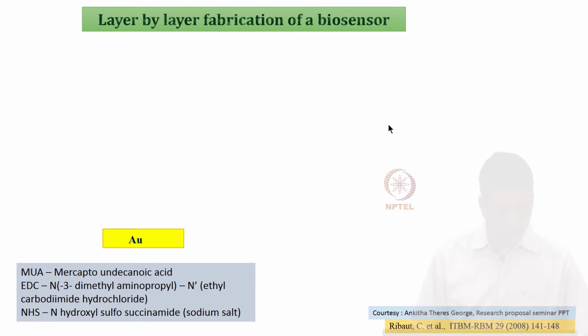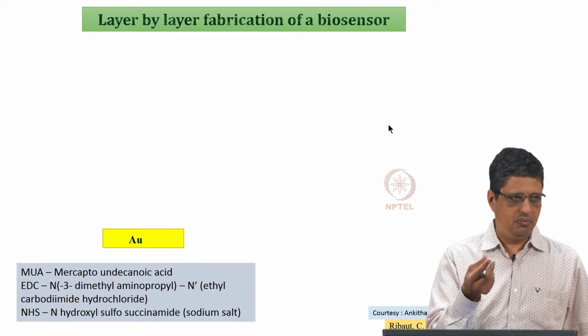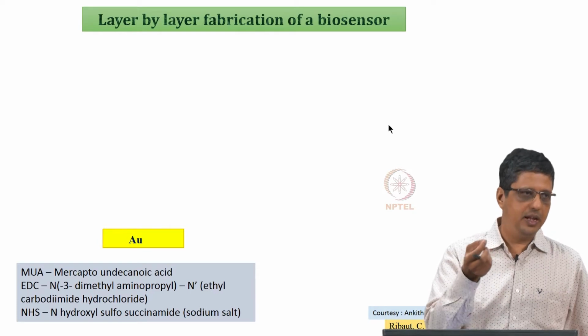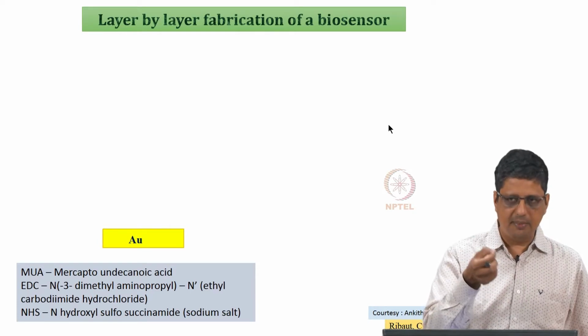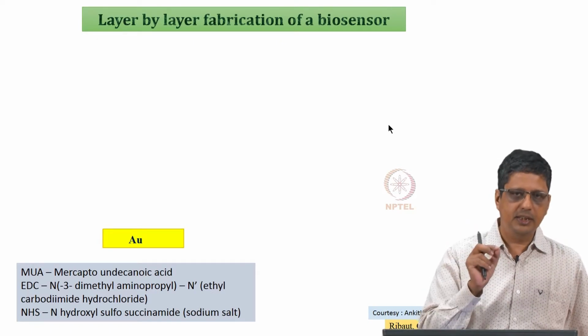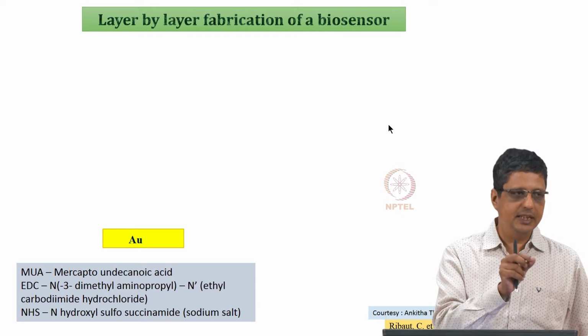Third, let me give you a little bit of background. In a biosensor, you want to detect the presence of something called an antigen. An antigen could be a parasite, a malaria parasite, could be a dengue virus, or some chemical that is specific to the dengue virus. That virus may release a chemical. If you detect that chemical in the blood sample of a person, you can say this person is affected by dengue.